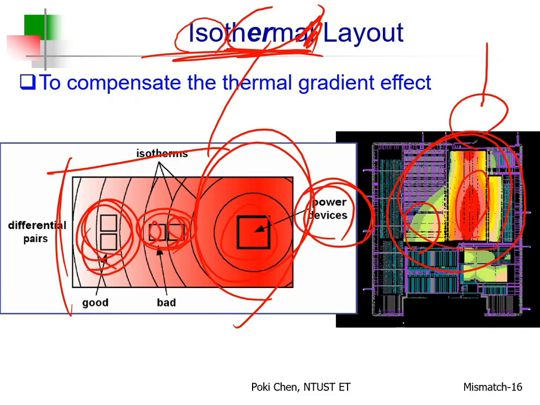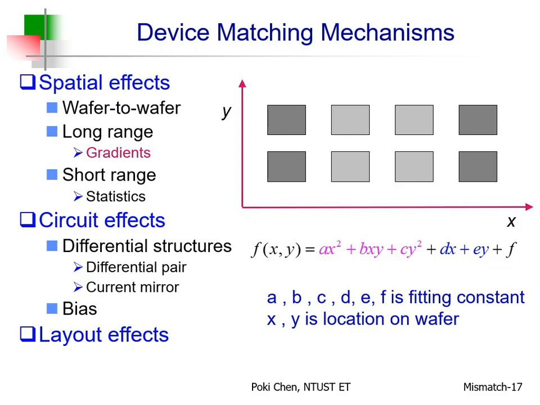Then put your critical devices far away from the power source. That's it. You don't need to know the exact distribution. You don't have any way to get it. All right? Just keep the critical device as far away from the power source as possible. That is the way you can survive. 把你的那个关键性的元件离发热的元件远一点，谁会发热？吃大电流的啦，Power MOS 就吃最大电流。